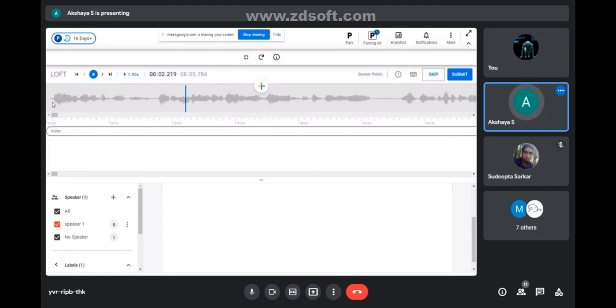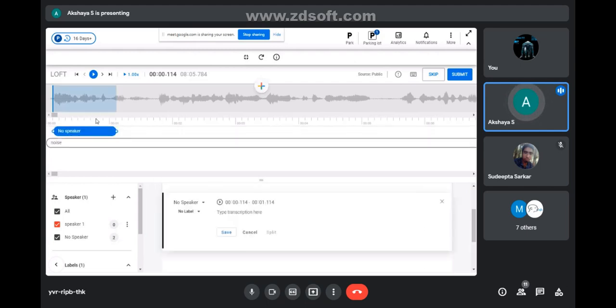Okay, from this exact point, for echo audio you need to follow the 100 ms buffer. For echo, you can give the 100 milliseconds buffer time at the start and end of the audio. If the audio is not echo, you need to create the segment where exactly the speaker starts speaking and where exactly the speaker stops speaking. Okay, I'm placing the cursor here. I'm creating the segmentation for the speaker. Okay, I don't know what this speaker's name is, that's why I considered it speaker one. Okay, I'll select speaker one.